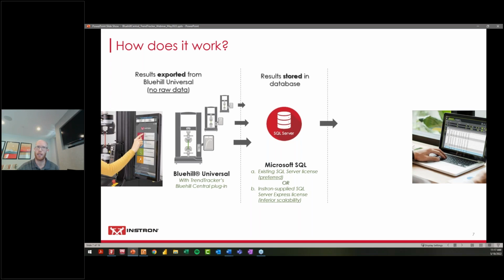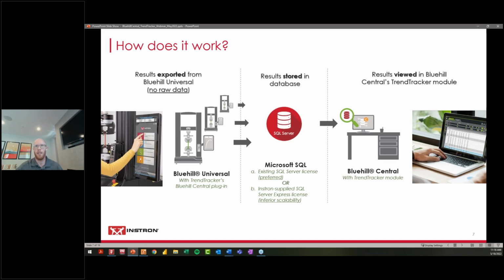So if we're talking about connecting quite a few systems, potentially quite a few people querying data, and a lot of data being stored, we're going to point you towards the full SQL Server option. Once the data is stored, we view it in Bluehill Central's TrendTracker module. Depending on what your interests are, you would make sure that you have the TrendTracker module as a part of that purchase. And if you have our plugins in Universal, you're not paying for it here, paying for it there. It's simply paid for with the plugin for each system,